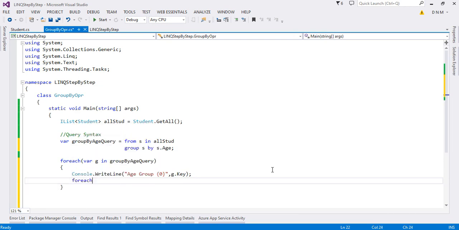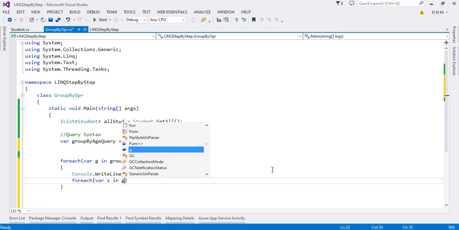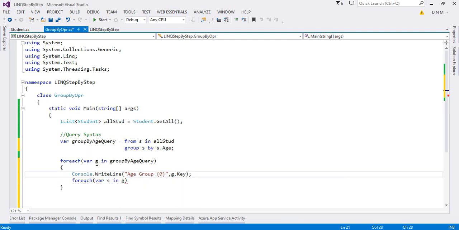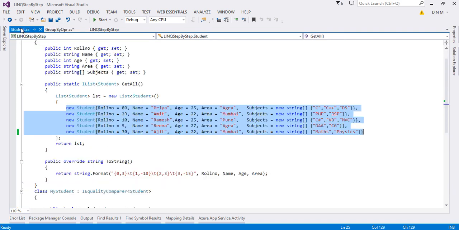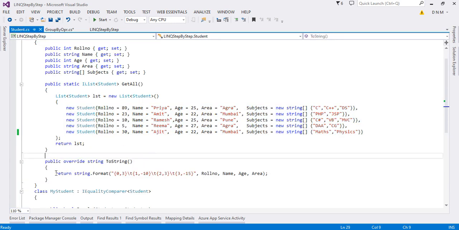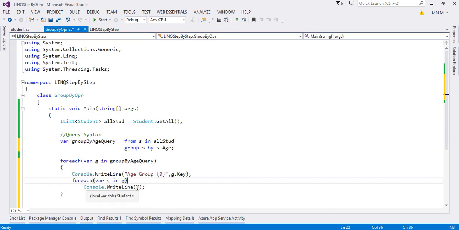So foreach var s in g, that value will be directly available under this g. And then here you have to say Console.WriteLine(s). We already overrode the Student ToString method. So this ToString method will print the value of that particular student whenever you say s. I hope you understand this.